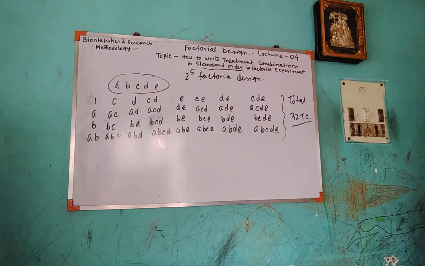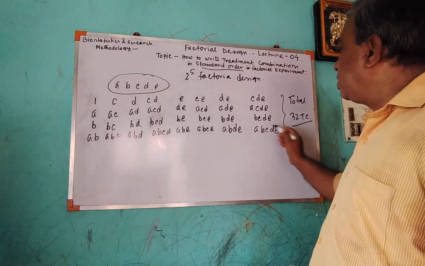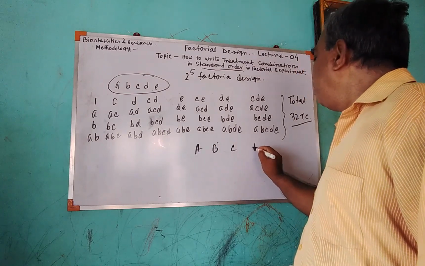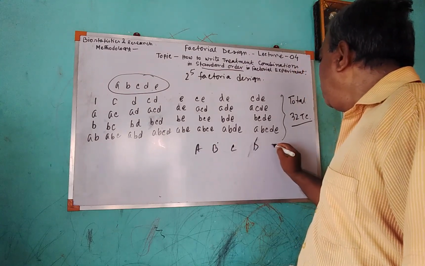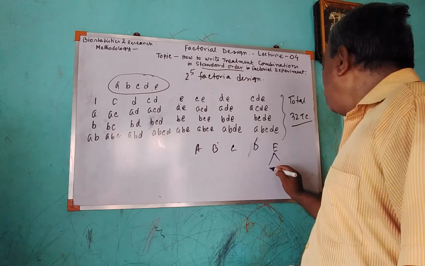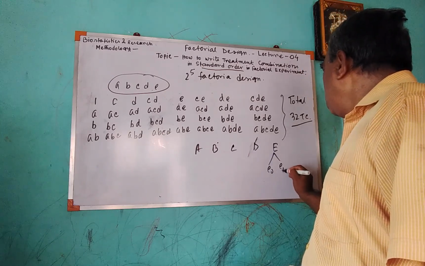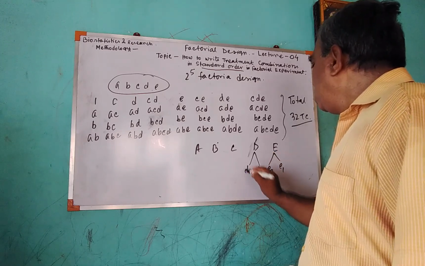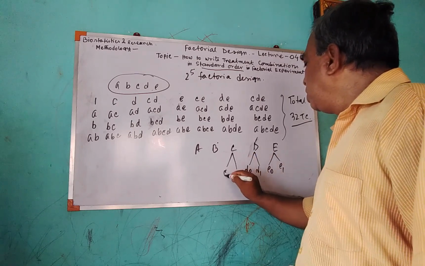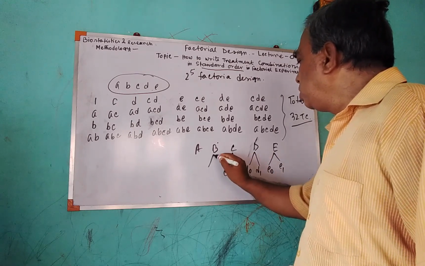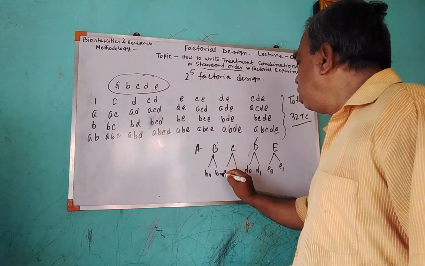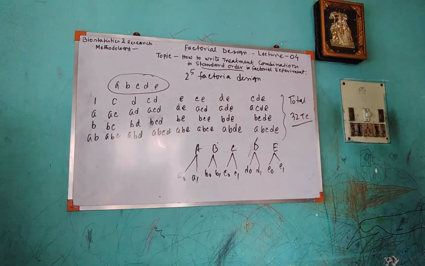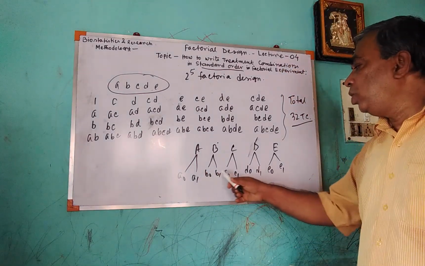Okay. Now, what do you mean by this? Actually, 5 factors are there here: A factor, B factor, C factor, D factor, and E factor. This has 2 levels, E0, E1. This has D0, D1. This factor having 2 levels, I already wrote C0, C1. This is B0, B1. This is A0, A1. Try to understand. These are the levels. So 2 levels, 2 into 2 into 2.